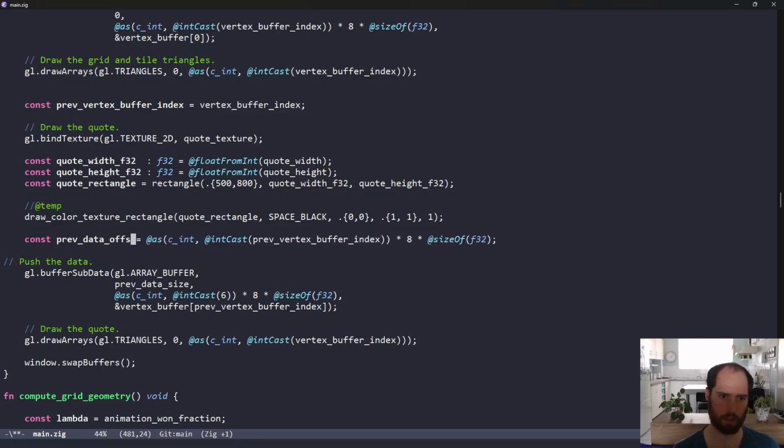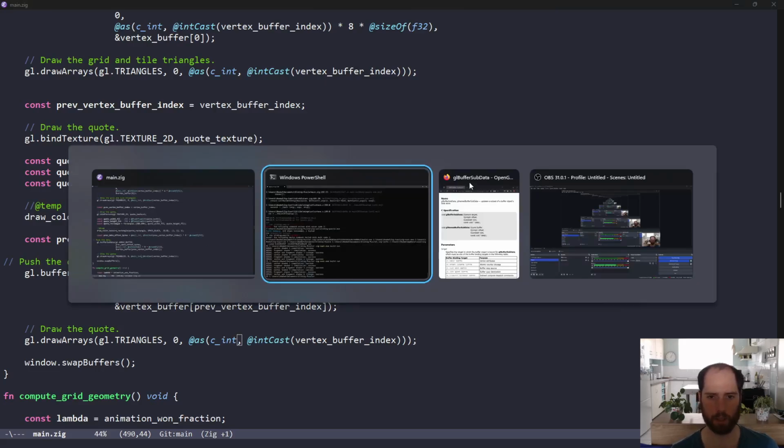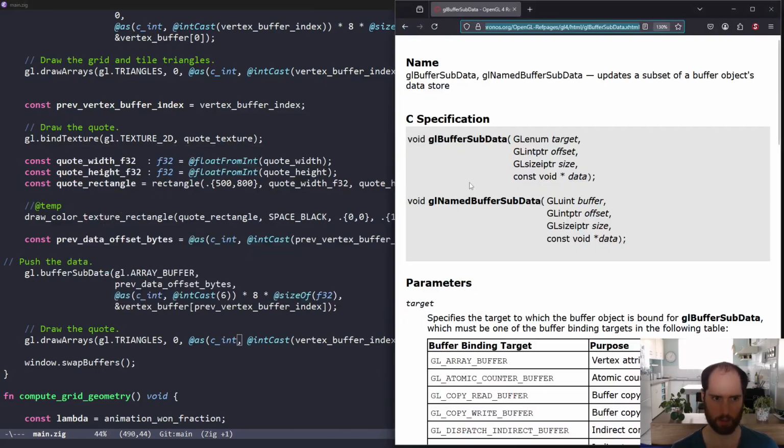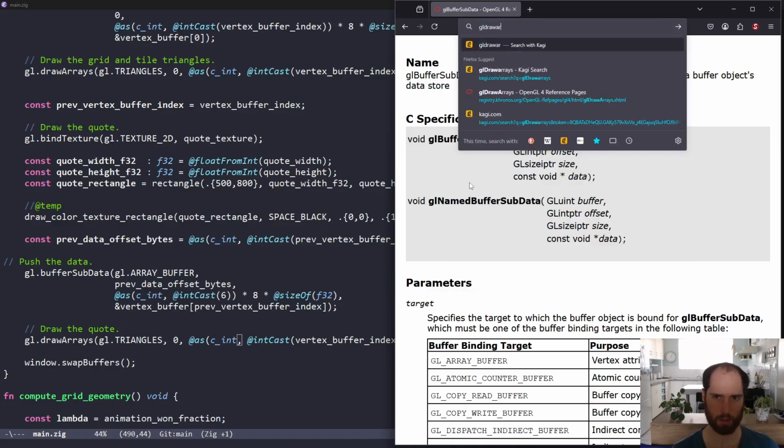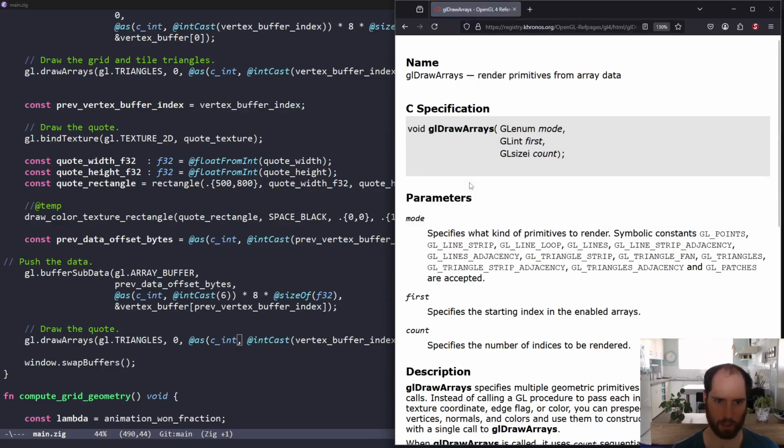Or just offset is even better. Okay, so now we can go to the GL draw arrays and